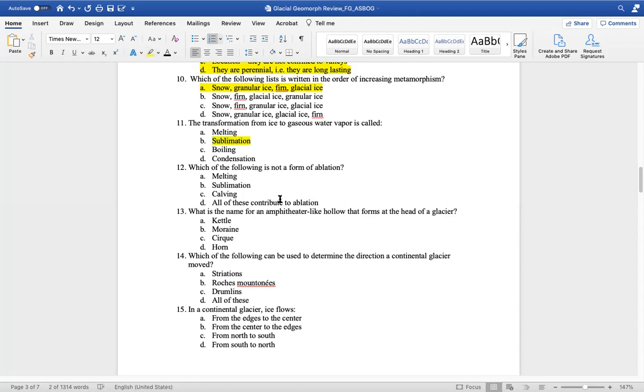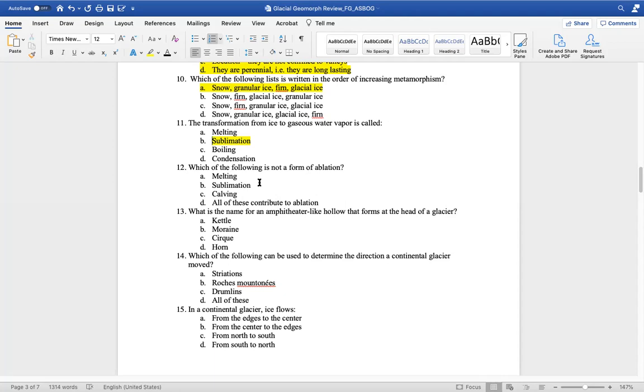Which of the following is not a form of ablation? So ablation is referring to the removal of snow. So melting, that removes snow. Sublimation removes snow. We just talked about that. And then calving, I don't think we talked about that yet. So calving,